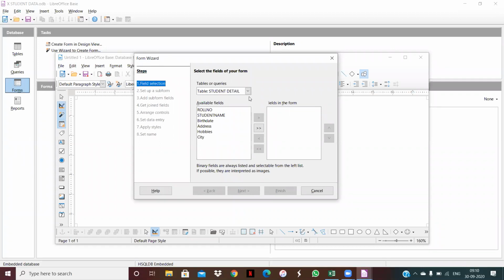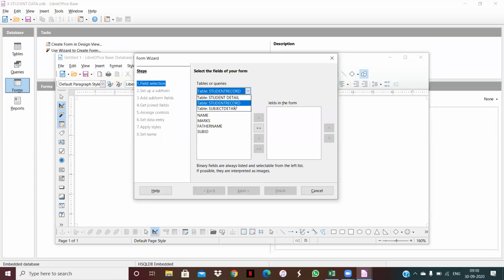In this, first we have to select the table on which we want to create the form. Clear, my dear students? First, I'm going to select the name of the table. Suppose I want to find the record from the student record table. When we select the table, whatever fields are in that table show here, as available fields. You can see in the student record table, these 5 fields are there.